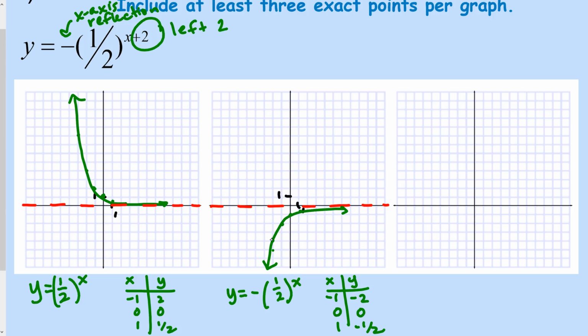Okay. Finally, we're going to shift the graph to the left too. And shifting it to the left or right is not going to change the asymptote. So let's keep that in place. And then what we're going to do is subtract 2 from all of our x-coordinates that we previously had. Leave the y-coordinates the same. And then we can plot those points, (-3, -2), (-2, 0),